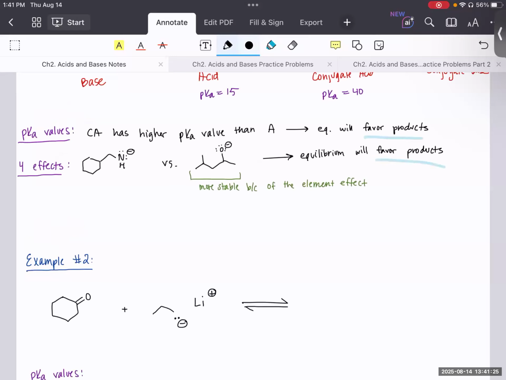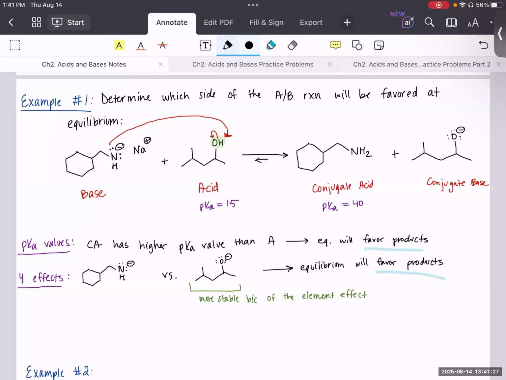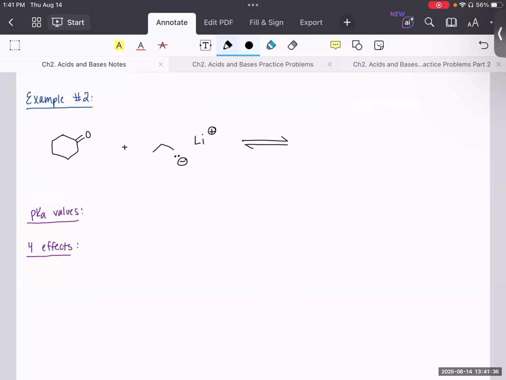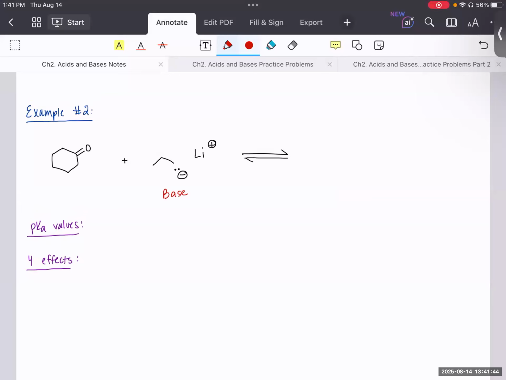And I actually forgot to draw out, we actually also form sodium counter ion here. It's not really important for the acid-base reaction, so it's just the counter ion. All right. So now we know that this is going to be our base. We have that negative charge. We have a lone pair. It's kind of a dead giveaway that's going to act as a base,